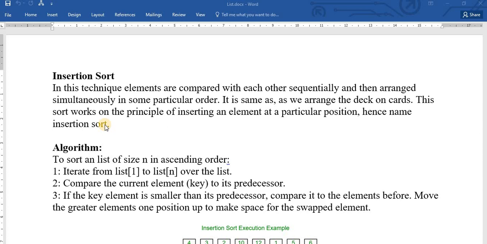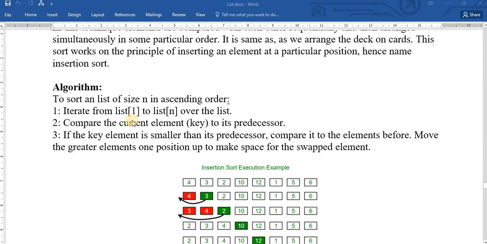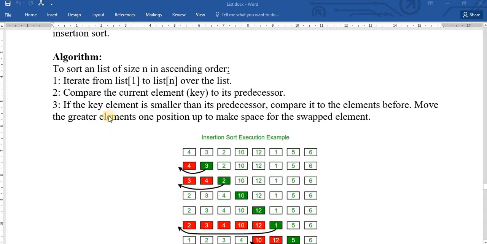So what is the algorithm? To sort a list of size n in ascending order. Suppose your list has n items. Okay, so you will iterate over the list from the first position to the last position. So first of all, you will select the key element and you will compare your key element to its predecessors